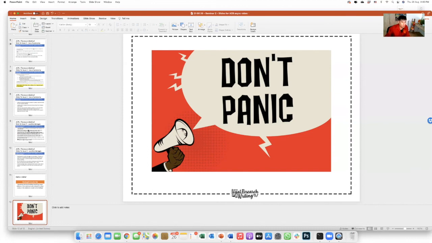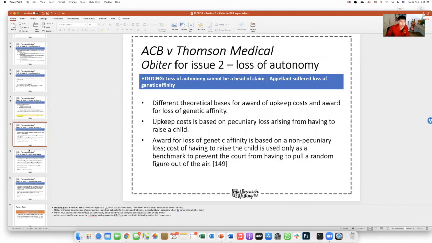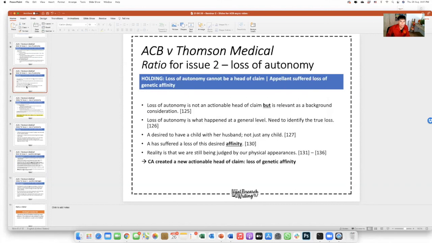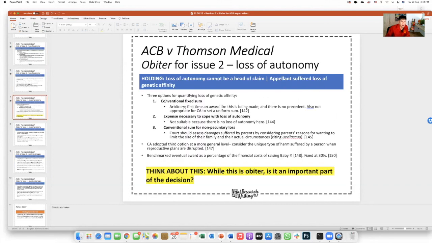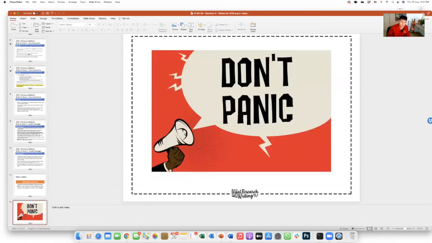Just like how we saw the point here about compensation, right? We discussed how this discussion about compensation, while not necessarily ratio, can take on a lot of importance when guiding lawyers in future cases of the same circumstances. All right, so at the end of it, always think about whether there's one rule that stands out, one rule that can be applied in future cases, right? And think about what key principles underlie that rule. Okay, so